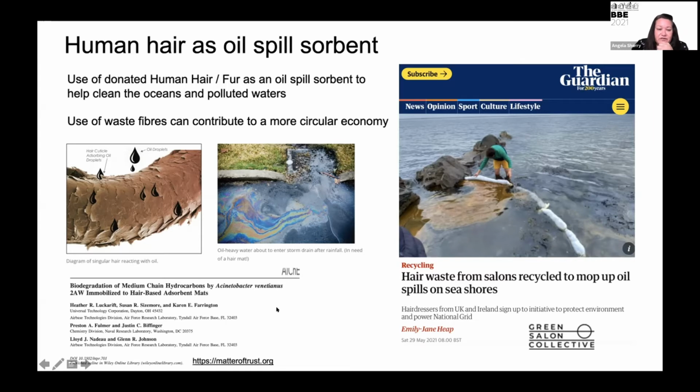So this study on the left-hand side used these hair-based absorbent mats in order to show biodegradation of medium chain, so medium molecular weight hydrocarbons, by immobilizing a specific bacteria on the hair mats. And on the right here, there was an article in The Guardian just at the end of May this year, which